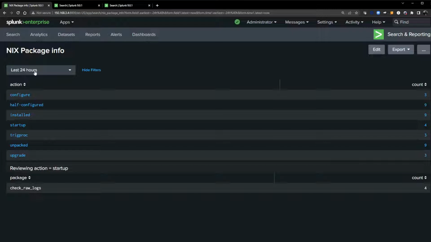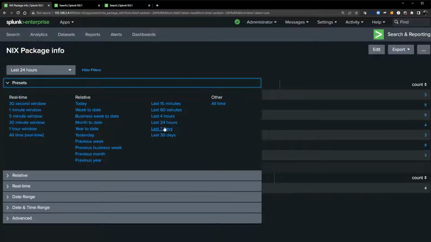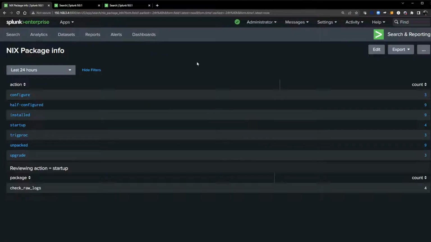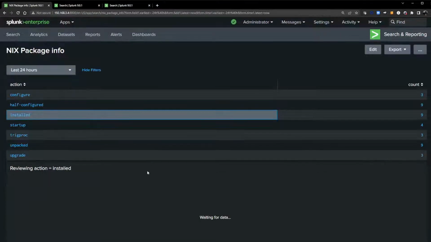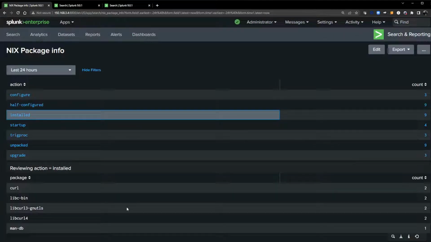And so now I have a time range picker that will change when I select last 7 days, and it'll affect both of my panels. You can see installed, you can see that it's passing the tokens, but I want more. Maybe I'm not happy with the fields I'm getting here because I'm just getting a package. I could put another drill down, click on curl, and give me the host or give me the version. I can have something come up and show me multiple things, or I can add that into this display here,